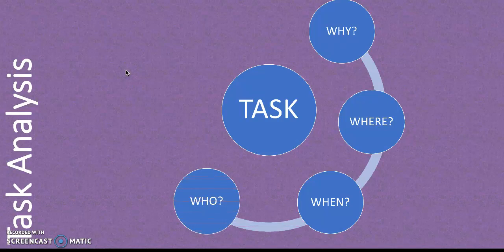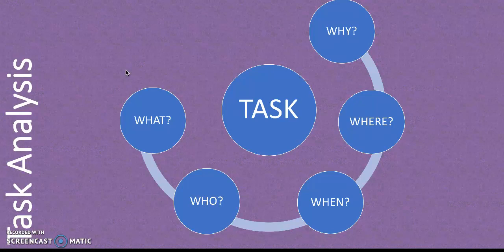And the who. Who will perform the main analysis? Which department will be analyzed? And the what. What is the purpose of the job to be analyzed? What tasks are involved? What are the experiences of the employees whose job is being analyzed? And finally, the how. How should the employee perform the tasks at hand? How does prior experience influence the work? This lends itself to the understanding of the key elements of an analyzed task. These questions are essential questions to ask when understanding the tasks before analyzing them.